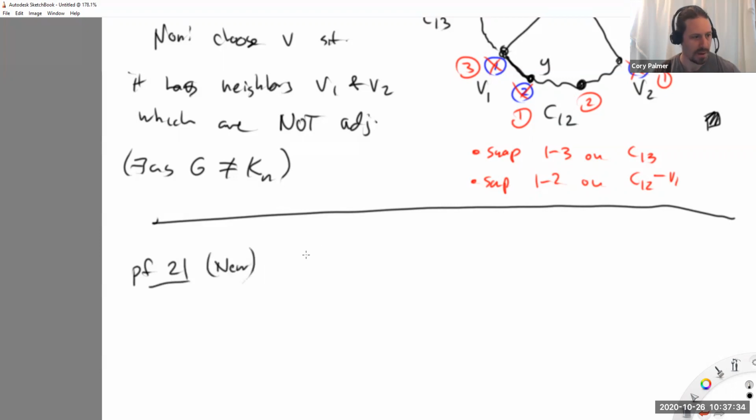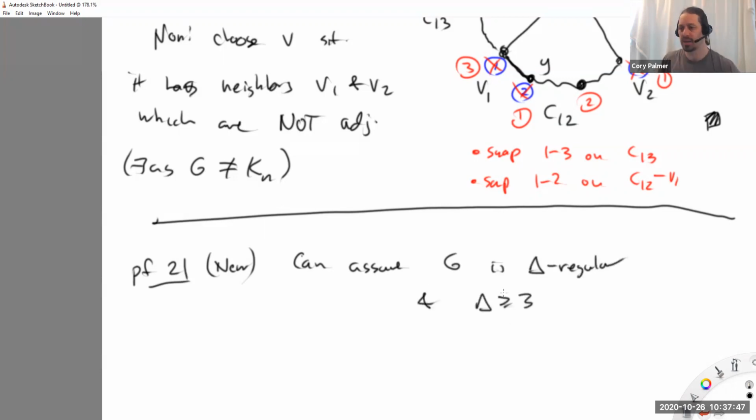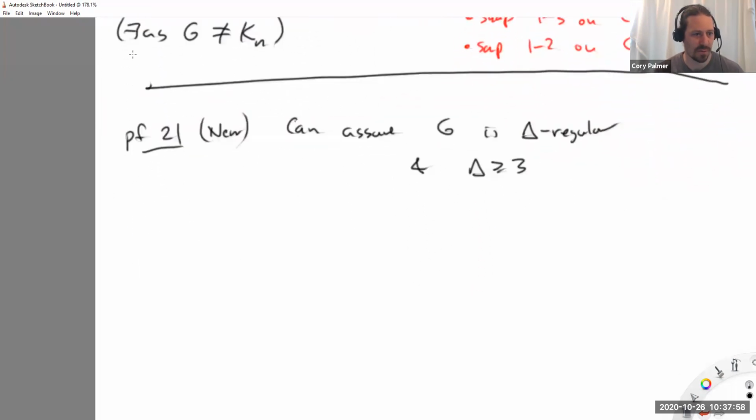Okay. So as before, we can assume that G is delta regular. And we can also assume that delta is at least 3. Right, in the beginning of Brooks' theorem, we took care of the case that delta was 1 and delta was 2. Those two things were fine. Okay. And what's funny is this proof kind of starts where the last one ended. So where the last proof ended, we grabbed a vertex that had 2 neighbors that were not adjacent to each other. That followed from the fact that it was not complete. Okay. So as G is not complete,